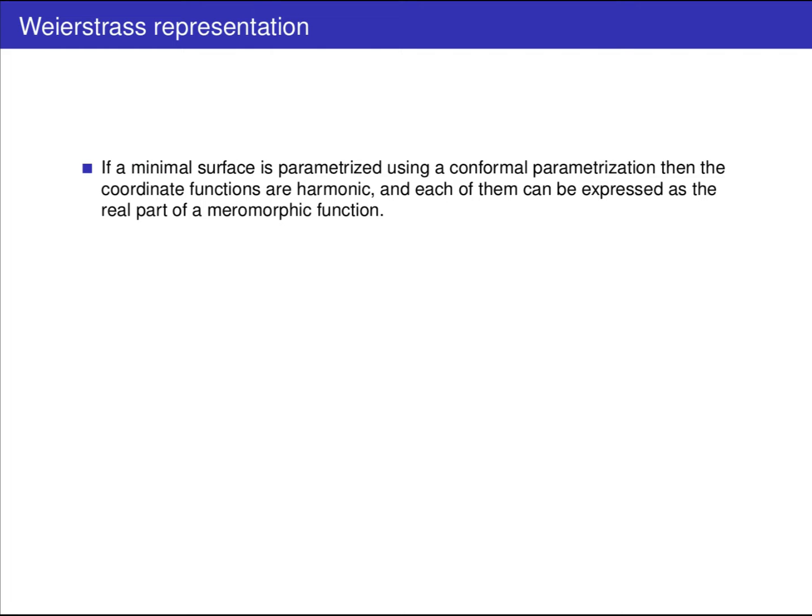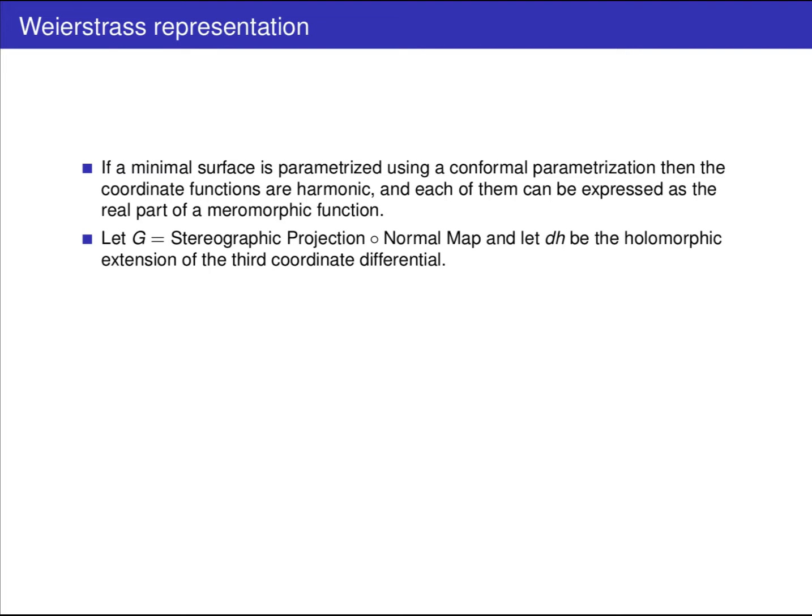So we'll utilize what's known as the Weierstrass representation for a minimal surface. If we have a minimal surface parameterized using a conformal parameterization, then the coordinate functions are harmonic functions, and each of them can be expressed as the real part of a meromorphic function. So if we let G be the stereographic projection composed with the normal map, and let dh be the holomorphic extension of the third coordinate differential,